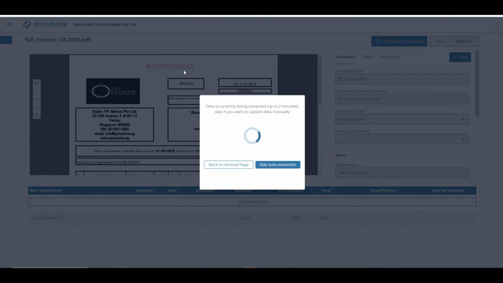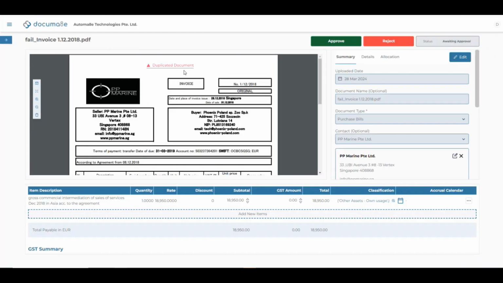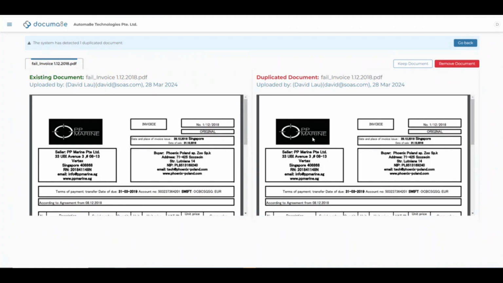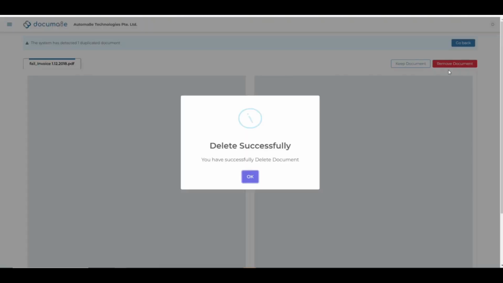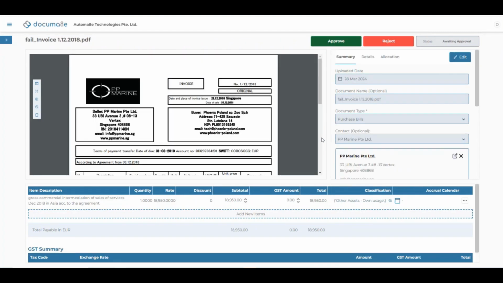Now, upon seeing this duplicate document, you can choose to delete this document, or you can choose to push it forward. So at the end of the day, for duplicate documents, we leave users to have a choice. You can click on this existing document, this is a duplicate document. So as a user, you would then have to click to remove the document. There's a name here of who uploaded the document and the date it was uploaded. So there's a tracking device here, and if you want to remove this document, click remove. That's it. Then you don't have the document anymore. So this is how we track the duplicate documents in the Document section.